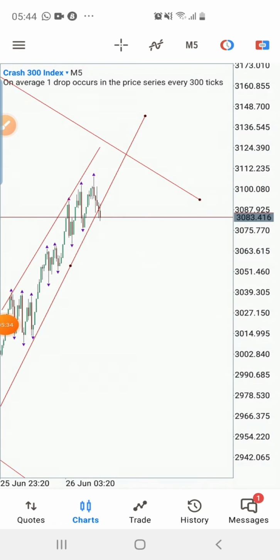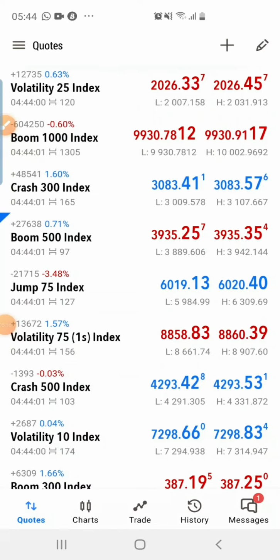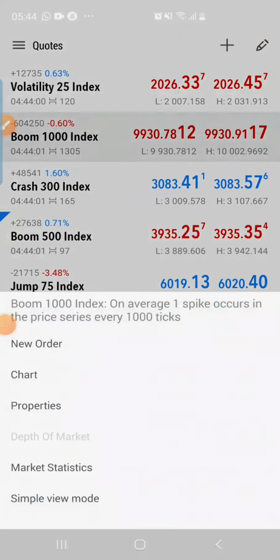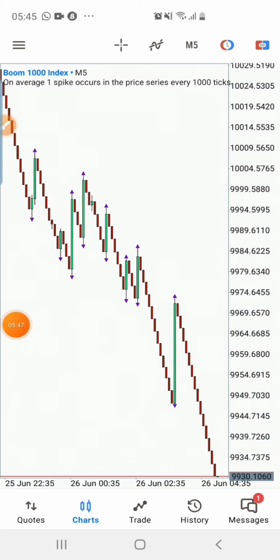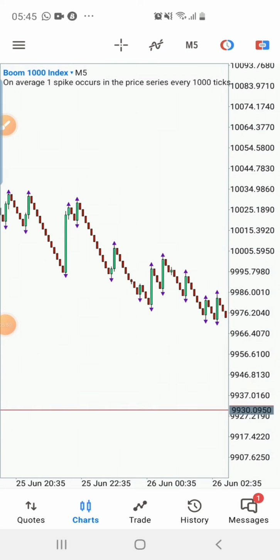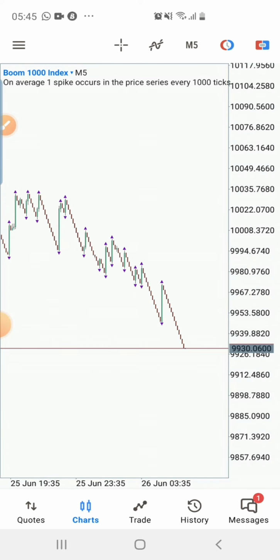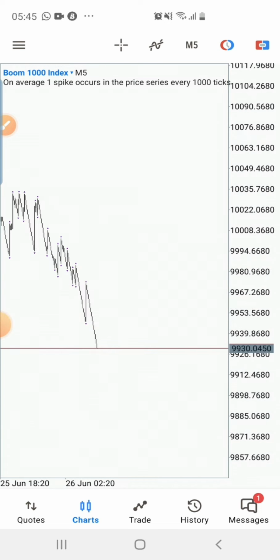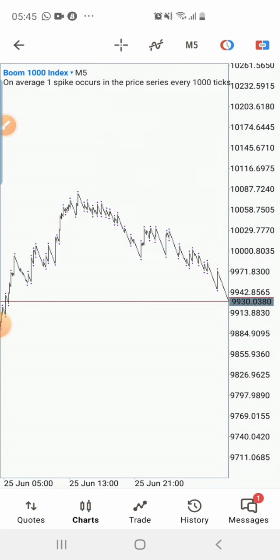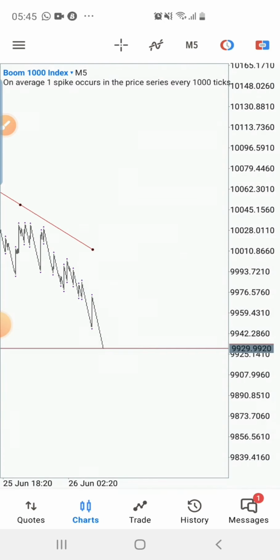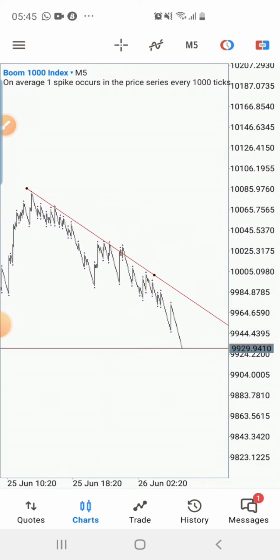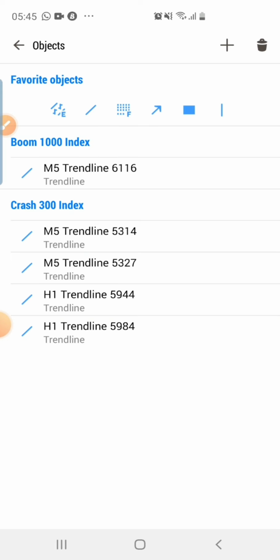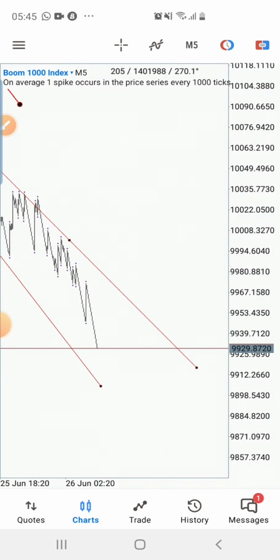Okay, so let me go back and let's look for, let's see, Boom 1000. Let's see Boom 1000, guys. Okay, so this is Boom 1000. So if you look from here, this is 5 minutes time frame on Boom 1000. Let's say you decide to connect, say you connected these highs, for instance. Okay, so now if you did this on Boom 1000,